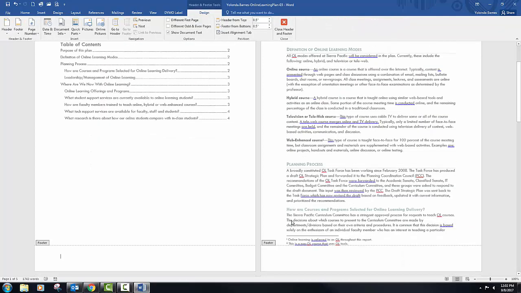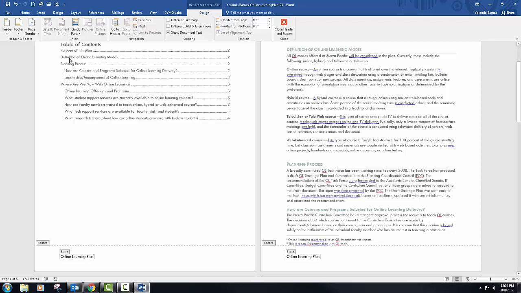Click the Document Info button that's located in the Header & Footer Design tab, and we want the Insert group. Okay, so that's the Document Info button. Select the document title from the drop-down,